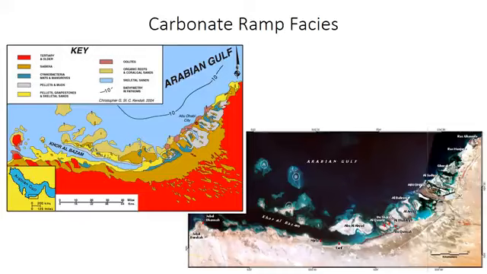Shallow carbonate-dominated depositional environments come in two main categories, carbonate ramps and carbonate platforms. Although carbonate ramps are rare today, the Persian Gulf is probably one of the only good examples, one of the best studied examples as well. We're going to start with them because they share a lot in common with the siliciclastic shelves that you're familiar with from previous lectures.